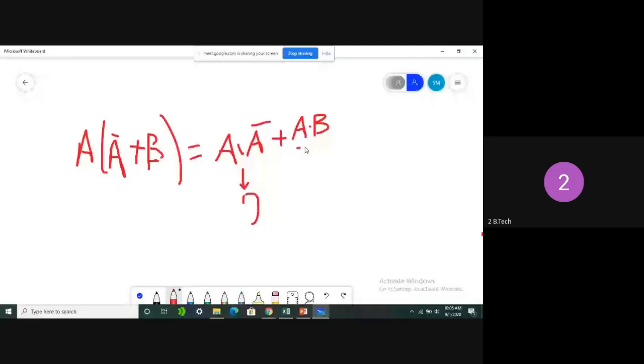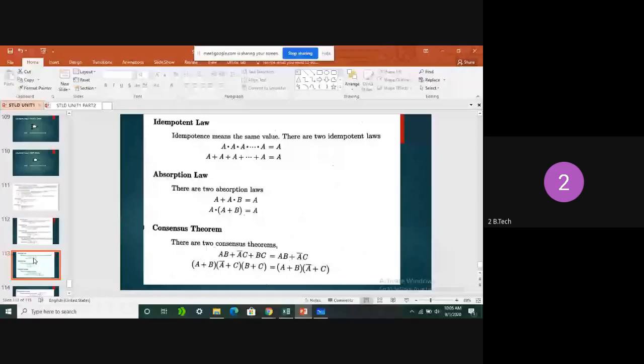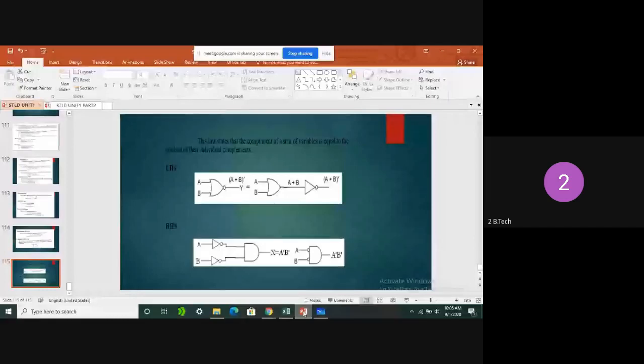Okay, so this is the way different Boolean formulas have been introduced, and in the next session we can see the remaining Boolean laws. Okay, sir. So we can see the remaining laws and proof for De Morgan's laws by the next session. And also we can see the different formulas and the truth table for n number of inputs, just like 8 inputs, and all this we can discuss in the next session.